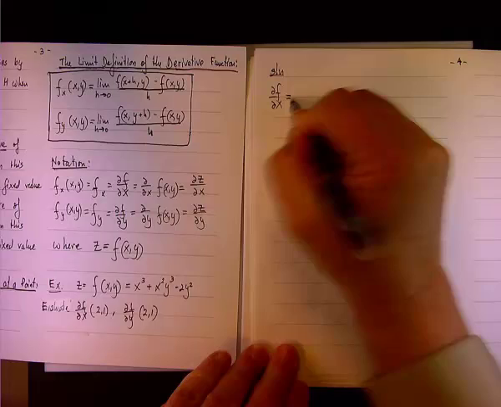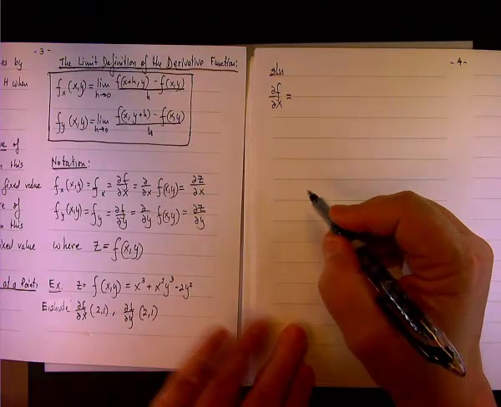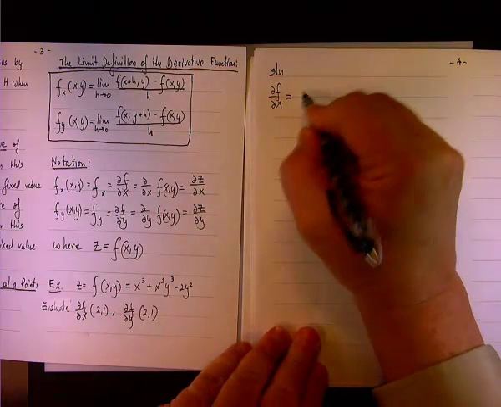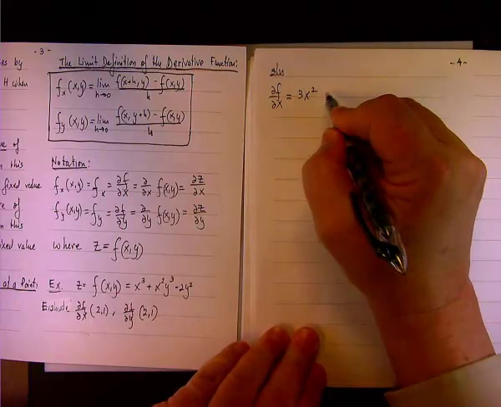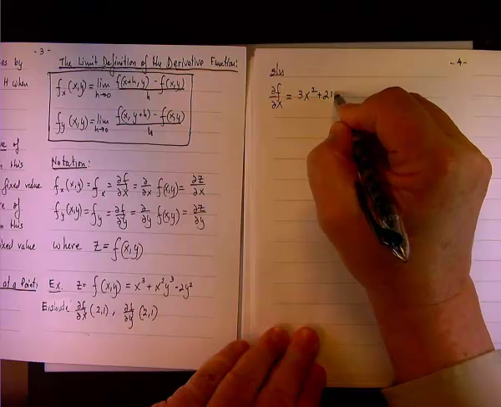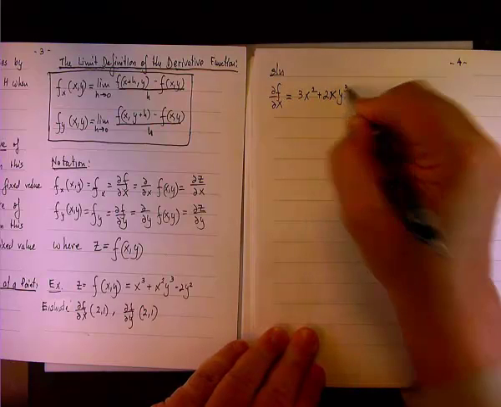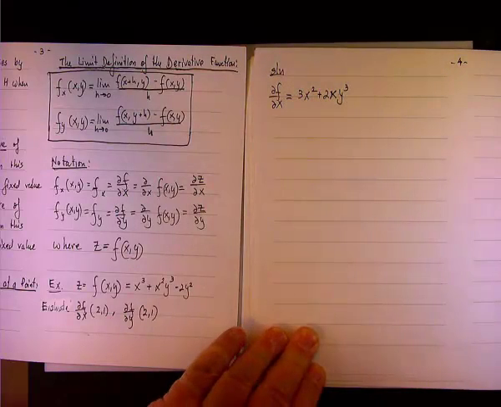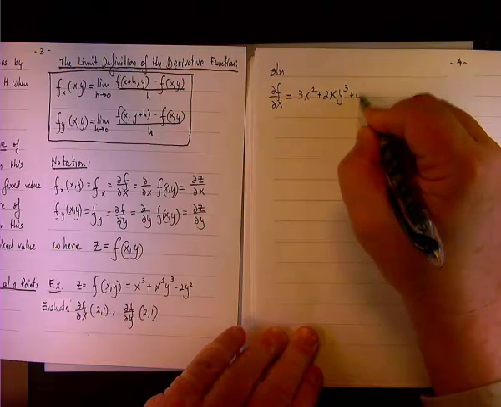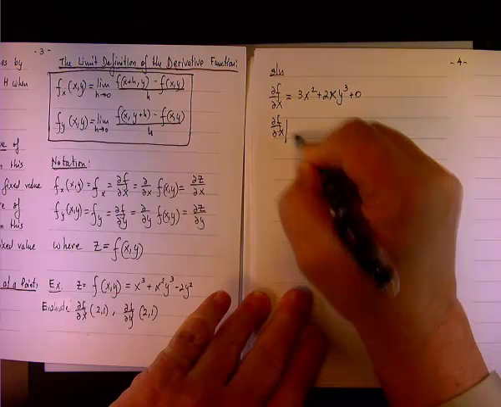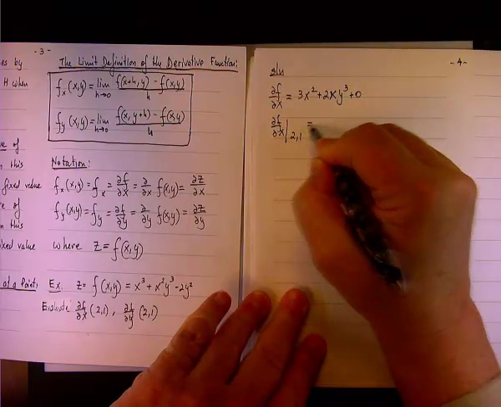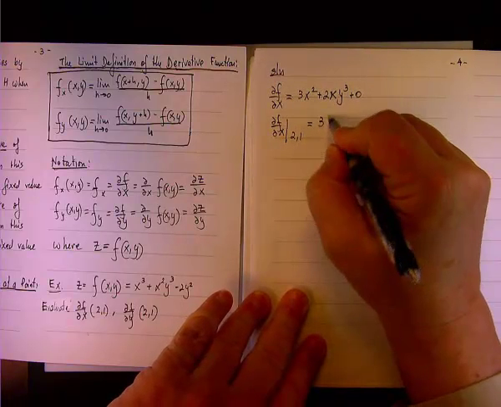So what is del f del x? Okay, we hold y as a constant, so we have the derivative of x cubed is 3x squared, the derivative of x squared is 2x, and y cubed is simply sitting there as a constant, and the derivative of negative 2y squared is 0. So we have plus 0 here, and now at (2, 1), we simply